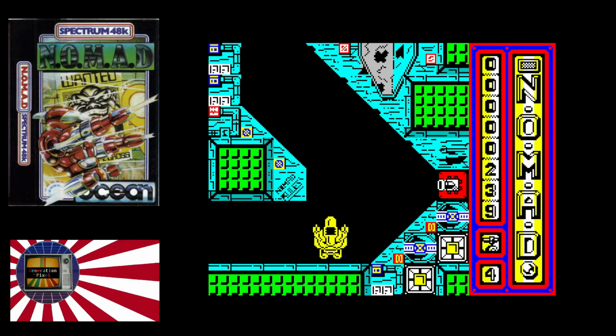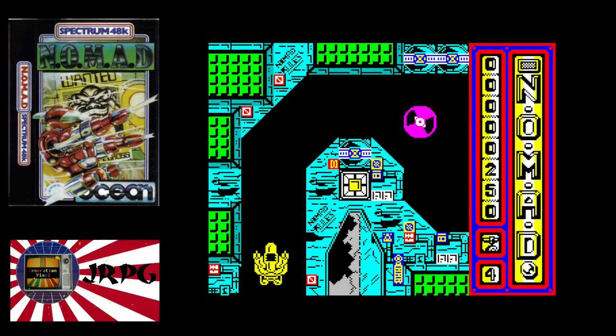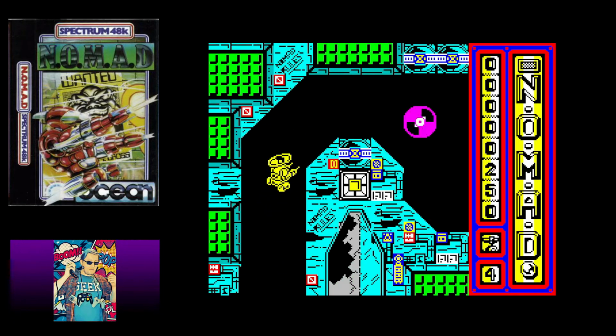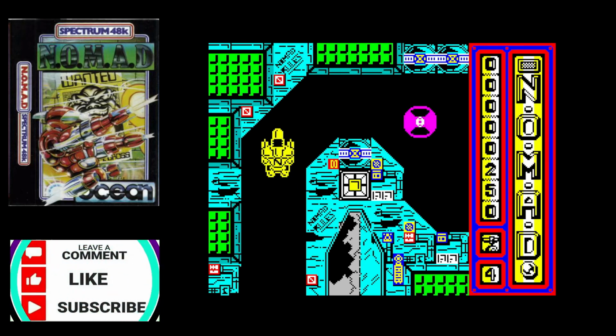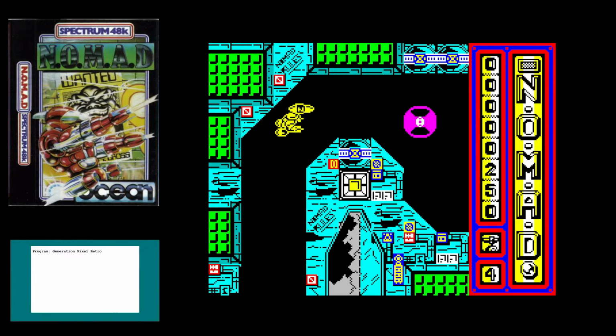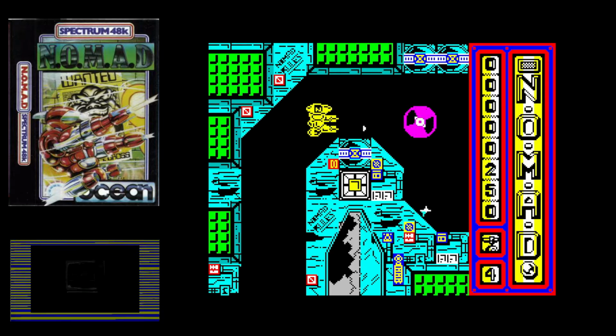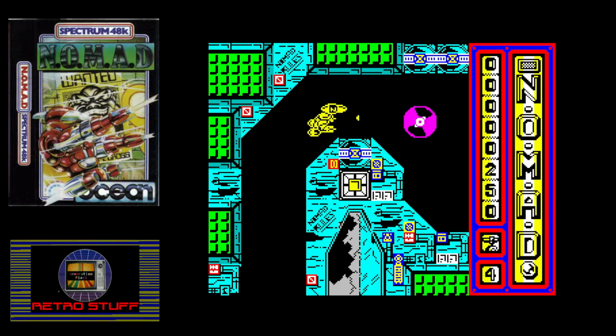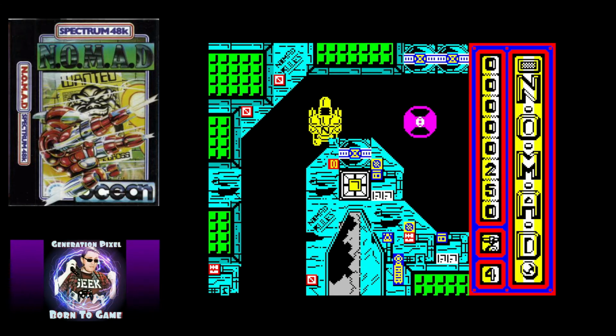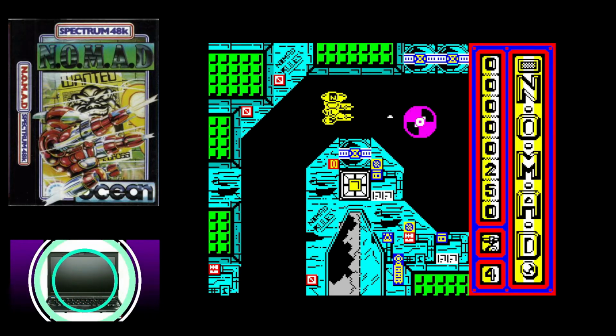Now don't get me wrong, not a lot of ZX Spectrum games get talked about these days, but it truly surprises me how little time gets devoted to a game like this. So yes, my recommendation is if you can get your hands on a copy of Nomad on the ZX Spectrum or some of the other 8-bit microsystems it was released for, then give it a go. It is tough as old boots, but that was the point of these games back in the day. They weren't supposed to be easy, they were supposed to be incredibly tough and you were supposed to get good. Nomad from Ocean Software in 1985.